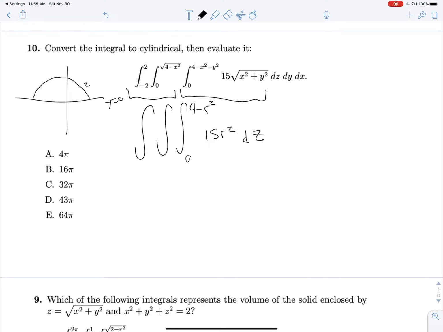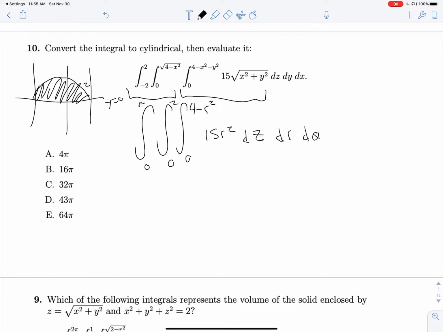And then we see that x runs from -2 to 2, so we're dealing with this whole region in here. So dr runs from 0 to 2, and d theta runs from 0 to pi. It's a bad pi, but whatever, they're all bad. Okay, so yet again we have no z in this integral, so we're just going to multiply 4 minus r squared in, and we're going to get,